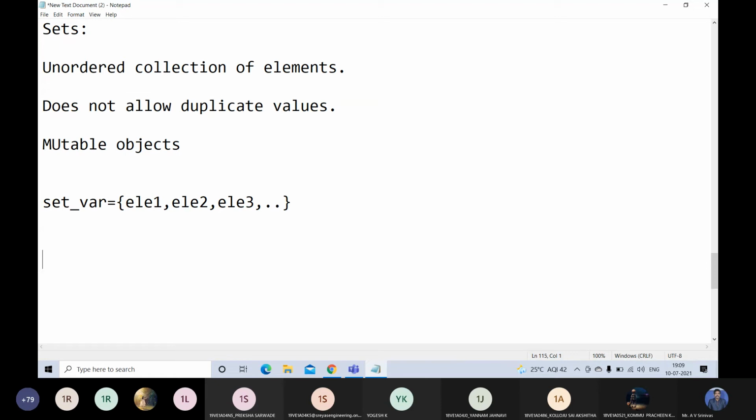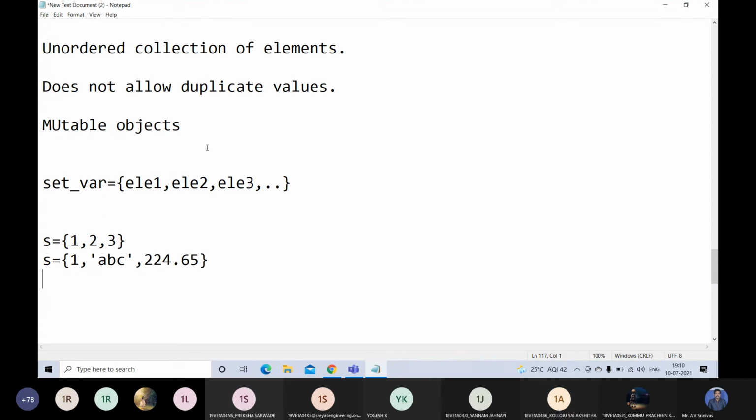So you can write like this: S is equal to 1, 2, 3. And sets also allow different types of values, same as our lists and tuples. You can write any number, 224.65, any number.